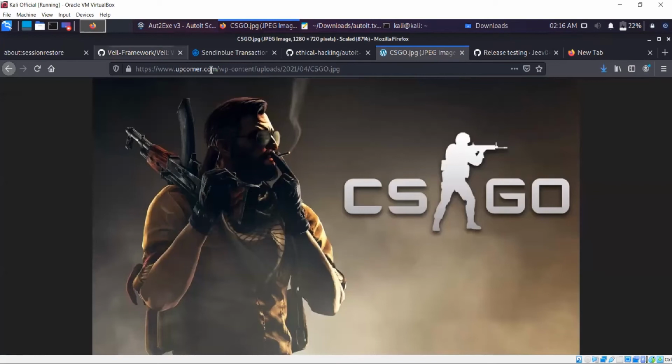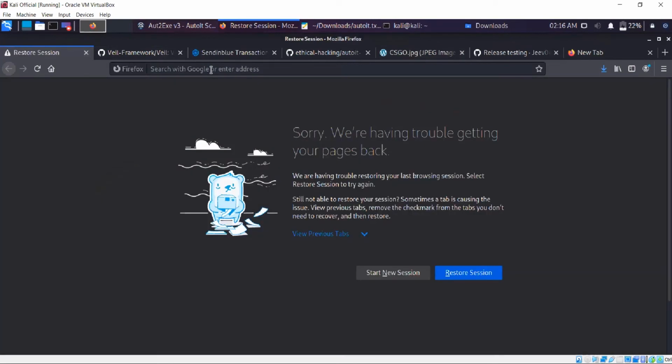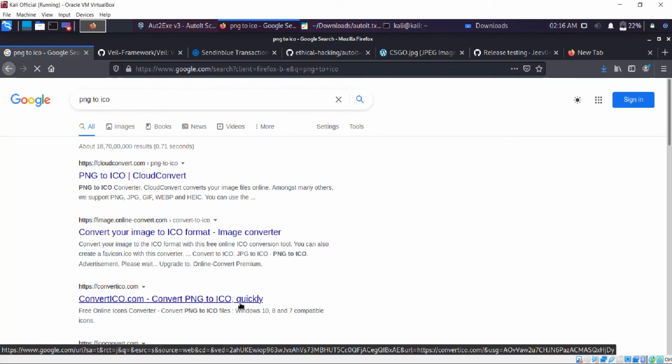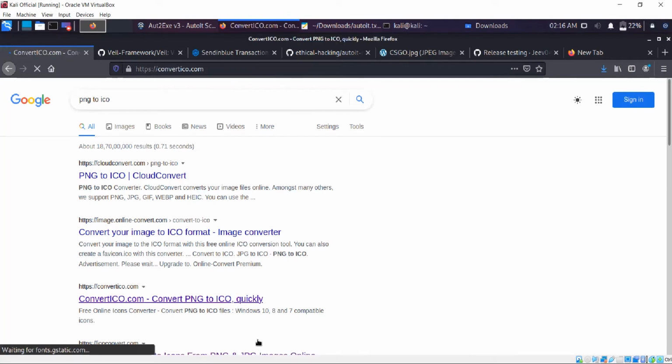I'll show it anyway. Convert it from PNG to ICO. Now, .ico is the extension for an icon. So if you go to your Windows, anytime you see an image, there is a preview of it. In order to make this more believable that it isn't an exe but really an image, we put an icon for it too.